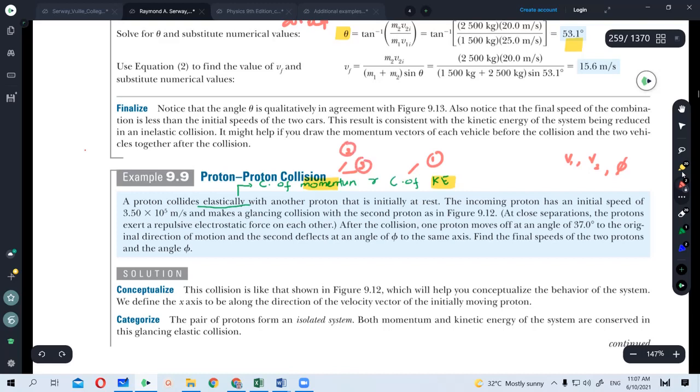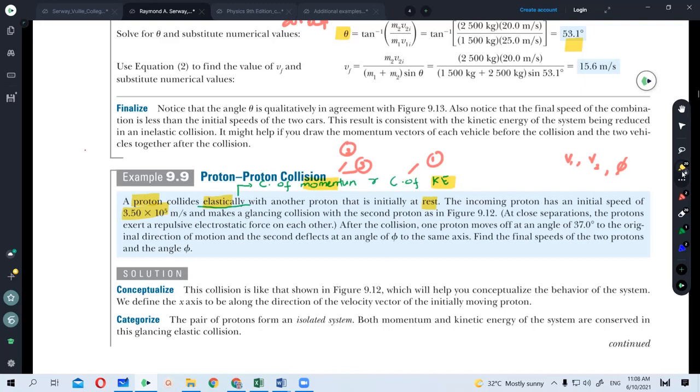So our aim of this example is to come up with the expression, but not yet solving it. Okay, let's look at what's given. You have a single proton moving, hitting elastically with another proton. So the speed is 0. If the incoming proton has an initial speed of 3.5 × 10^5 meters per second,